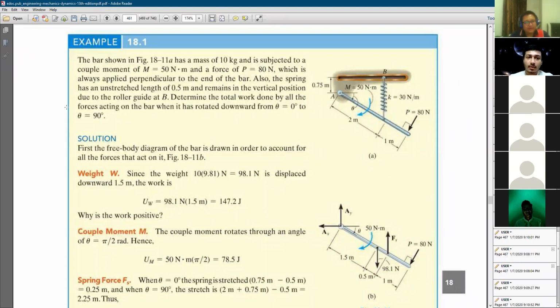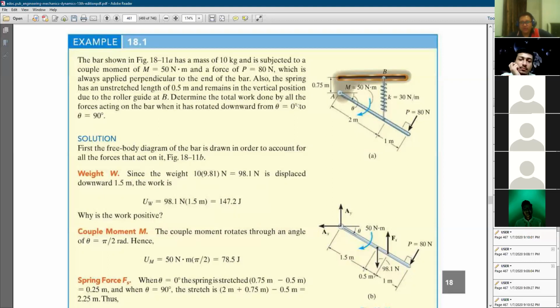On this particular example, we have a bar as shown here that has a mass of 10 kg and it is subjected to a couple moment of 50 Newton meter, and a force P equal to 80 Newton. There are so many things appearing here. The spring has an unstretched length of 0.5 meter, and the bar remains in the vertical position due to the roller guide at B. Determine the total work done by all the forces acting on the bar when it is rotated downwards from